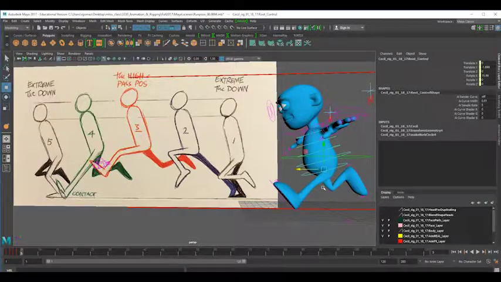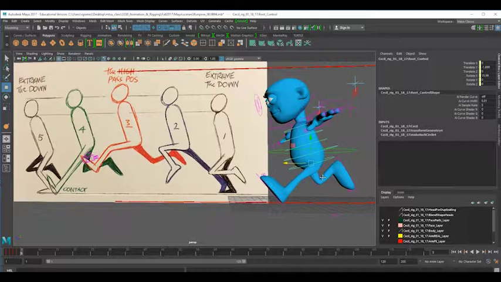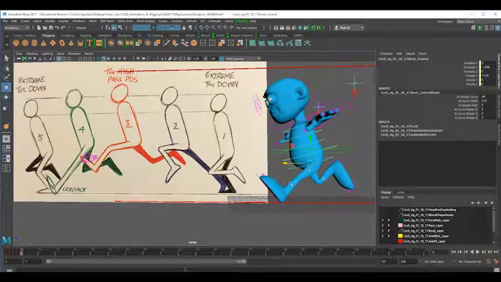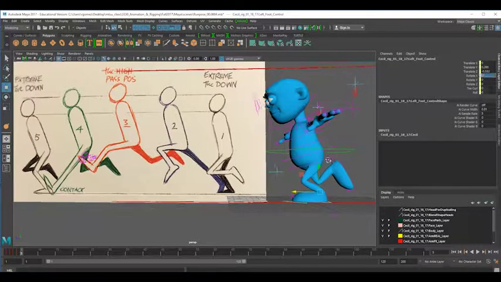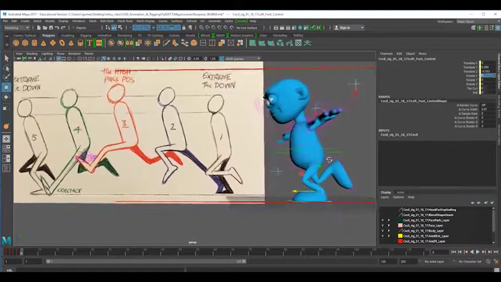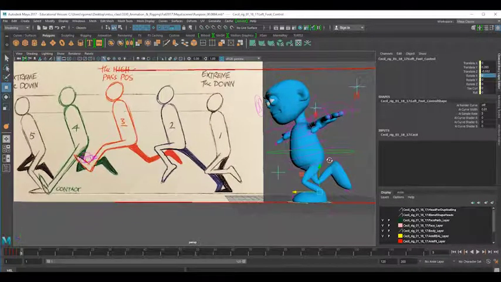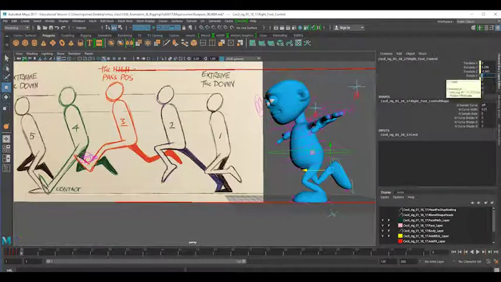So in this case, we will need to get him back to have his foot on the ground, and then rotating both feet